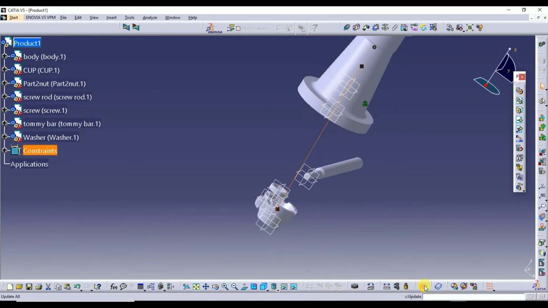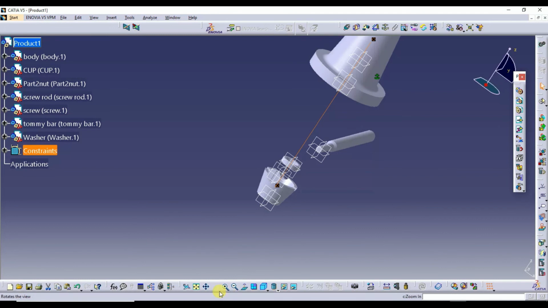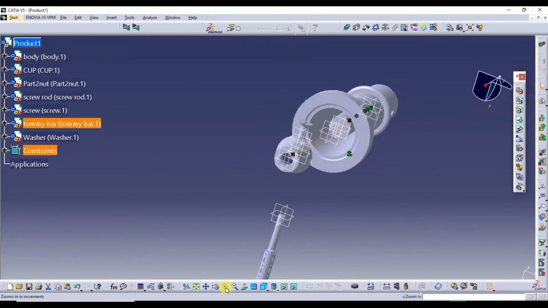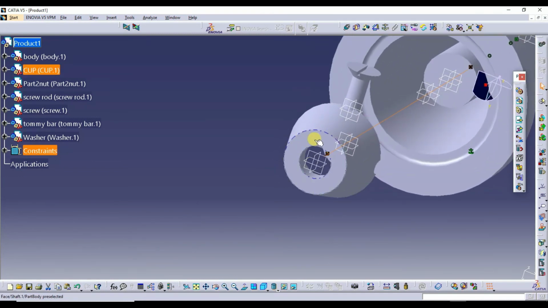I'll go for the update. Next, I'll drag this a little bit. I'll rotate this. I'll zoom this a little bit. So this surface should come and sit on the upper surface of this.